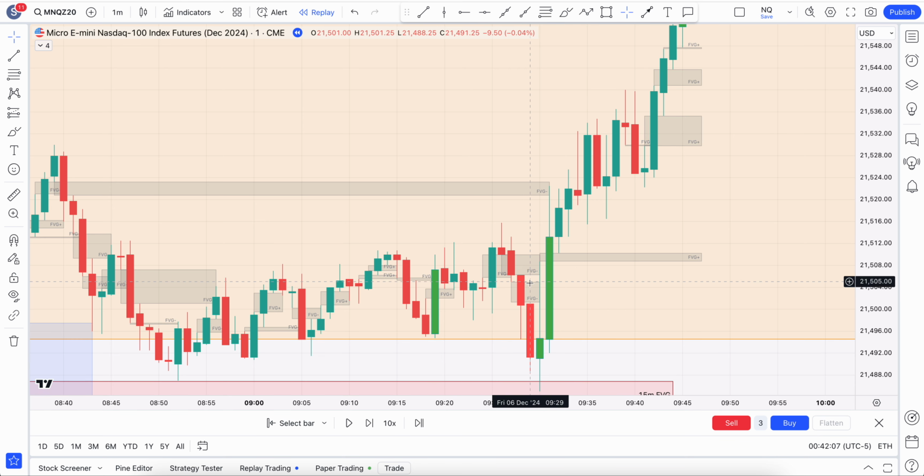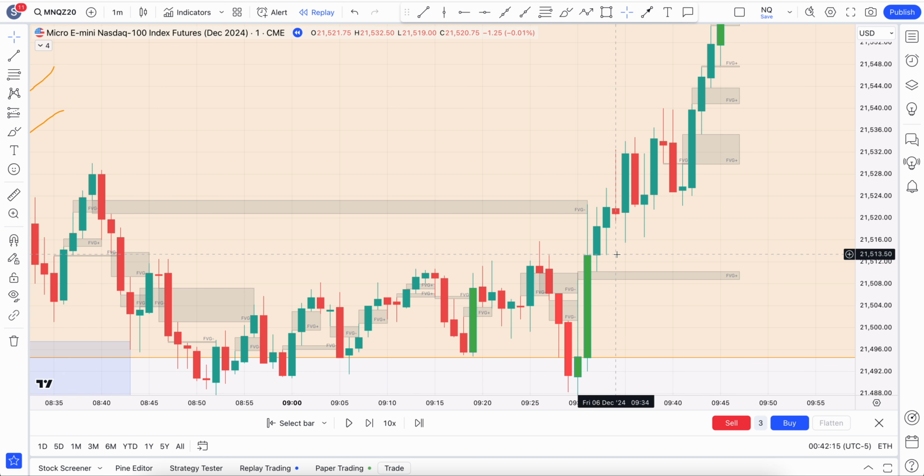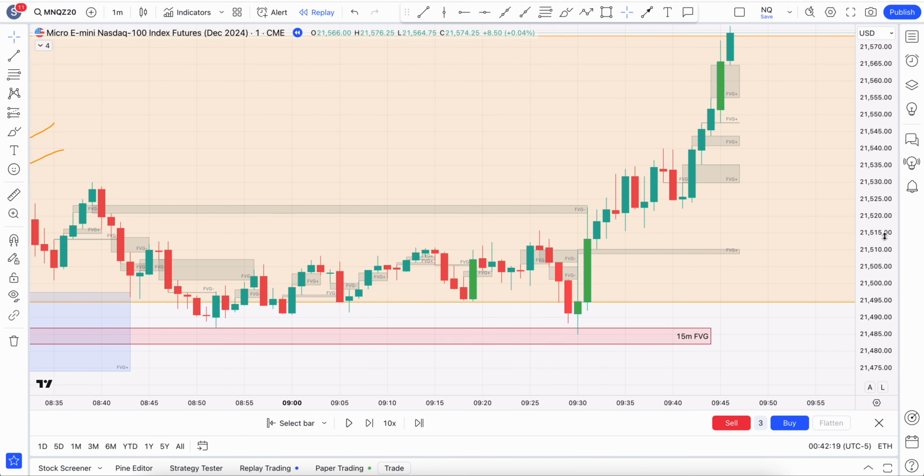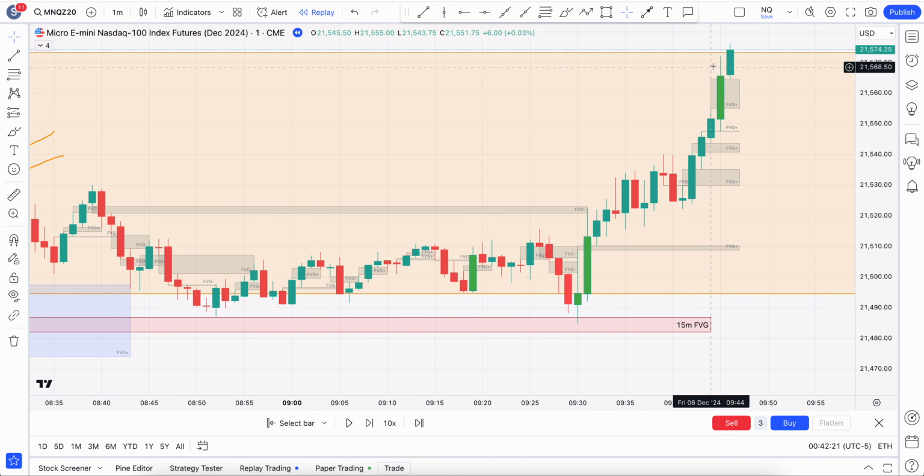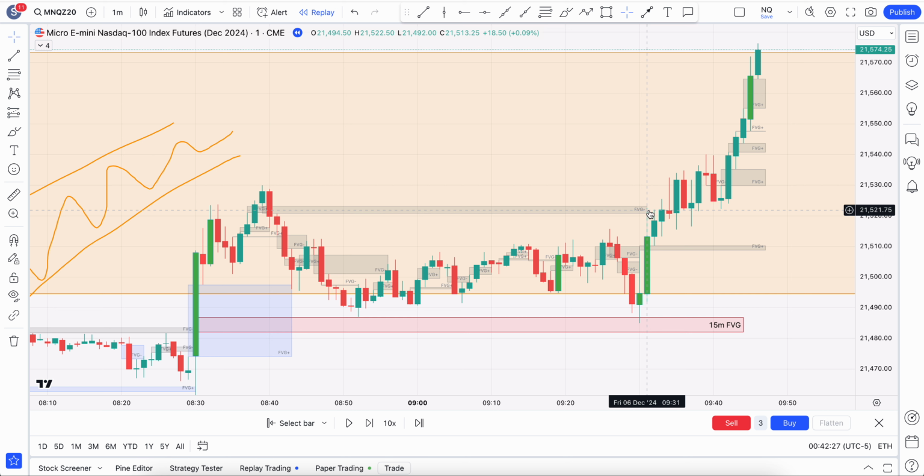But what I'm going to do is once it inverses these two fair value gaps, this makes me really interested, and I'm going to get in right here. And if you get in right here, this is a really good point, and you can see how price reacted out of it. So this is the base, this is what I wanted to cover in this video,